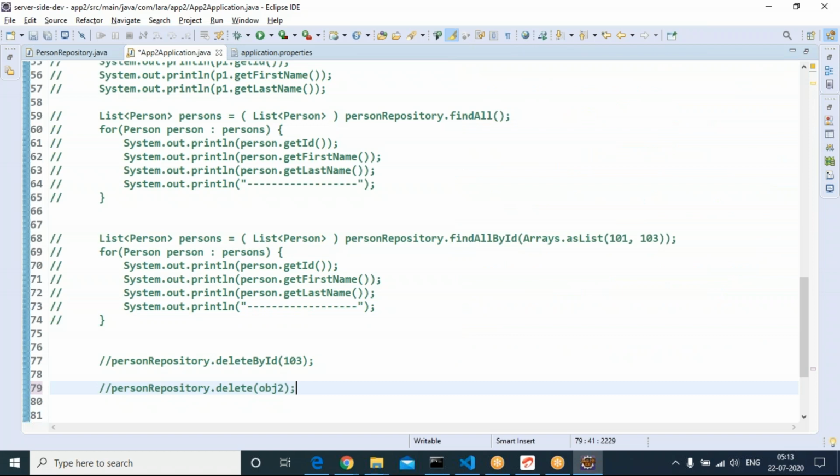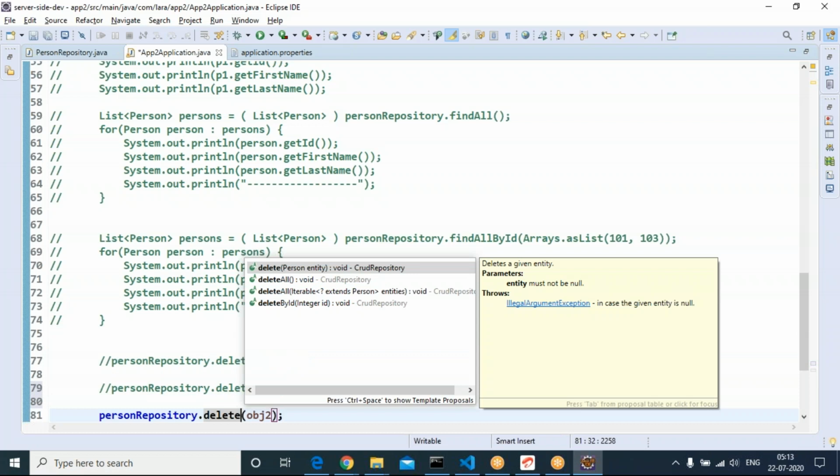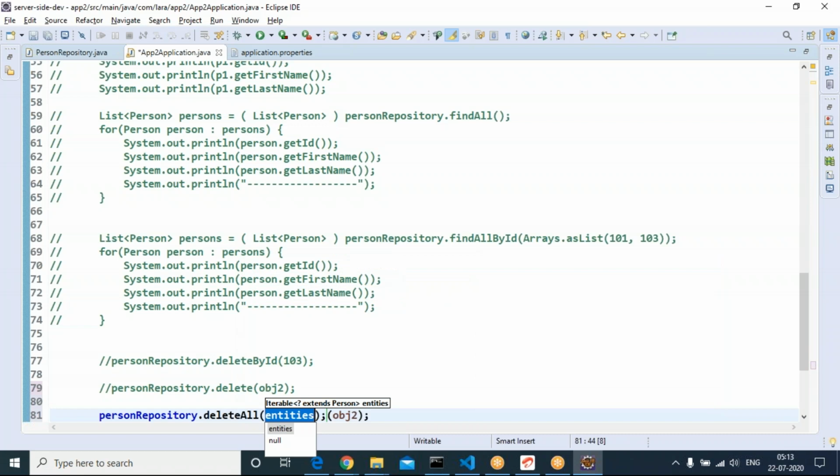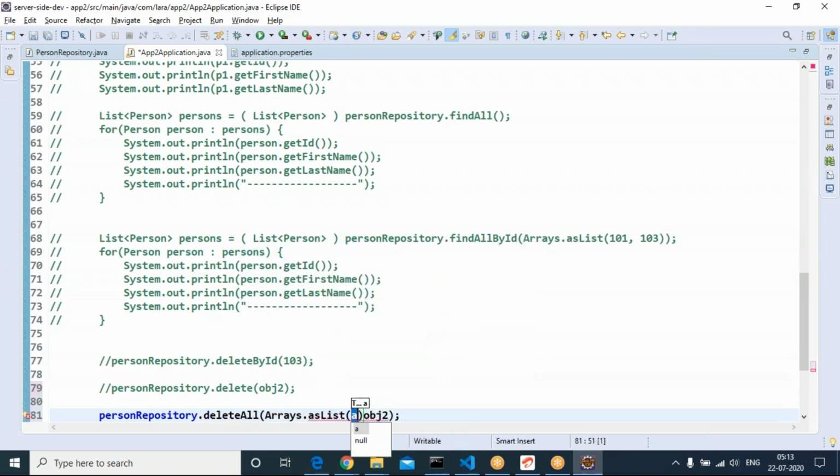Let's go for another way of deleting. Delete all. Supply multiple objects to delete through a list, Arrays.asList. Specify obj2 and also obj4.